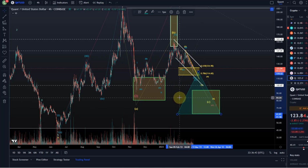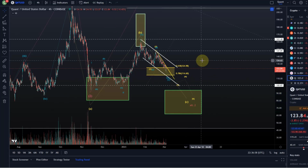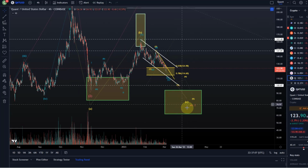I might start to scale into this, but then again, my point is don't try to be overly precise on your entries, because there are several possibilities here. Everybody's looking for the one answer, but there are a couple of scenarios here at least, right? So we've got this 1-2 setup, or we've got the scenario where we're actually coming down in the C wave, A, B, C, where we could head into this support area, but we are basically already in support, and as long as you can take a bit of heat